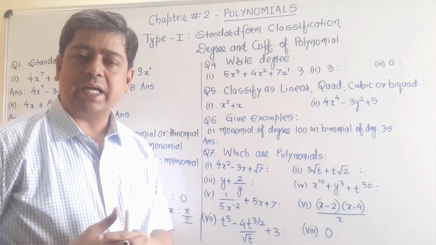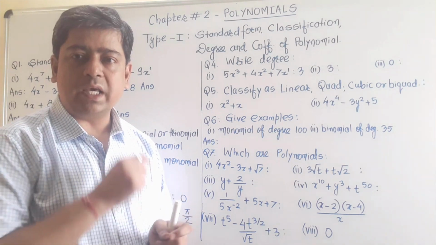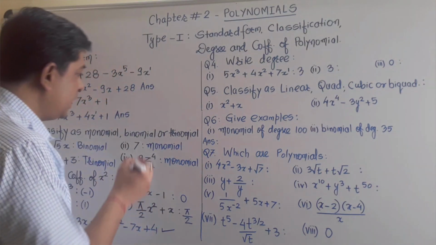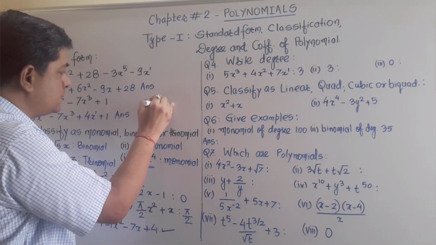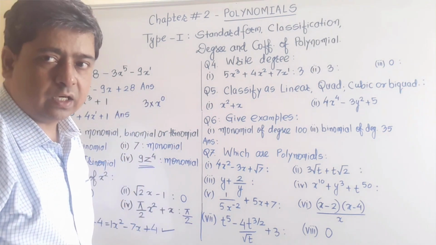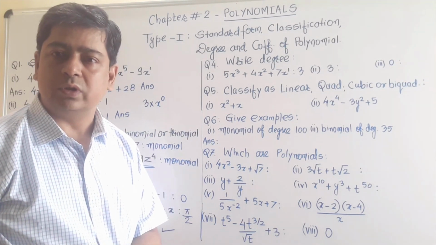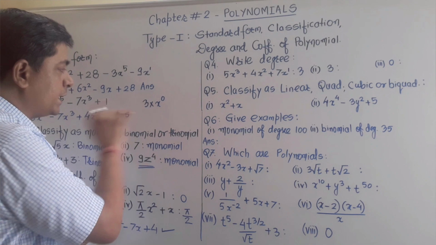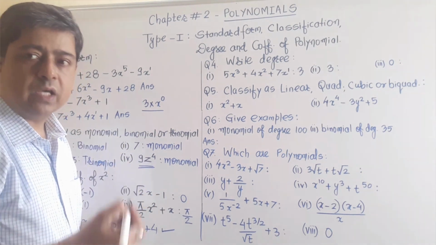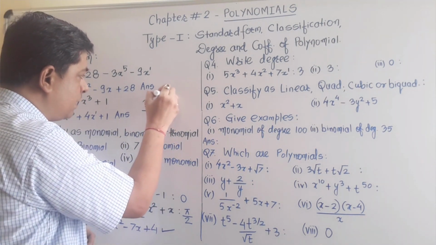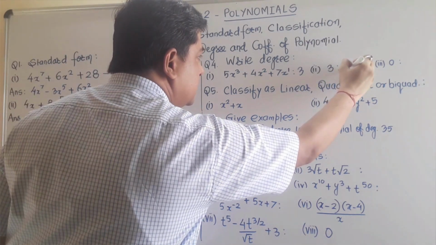Now suppose you are given only 3, means the variable is not given. In that case what will you do? In the earlier explanation I told you, if it is given 3, I can write 3 as 3 into x to the power 0, because any term having the power 0 is always equal to 1, and 3 into 1 is again 3 only. Now since I have only one term, I observe only that one variable's power. My power is here 0. So I can say that the degree of this polynomial is 0.